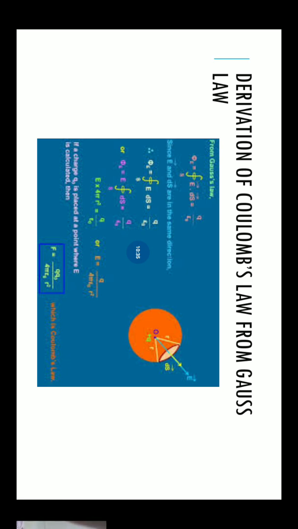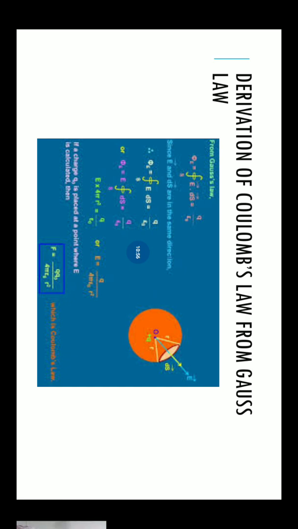So we know that flux is, Gauss law we just did, flux is Q upon epsilon naught. The total flux coming out of the surface is Q upon epsilon naught. Now, electric field and area vector are in the same direction. So flux is given as E dot ds. There are two definitions of flux. One is flux is E dot ds, the product of electric field and area vector. Another is Gauss law, which says that flux is Q upon epsilon naught.